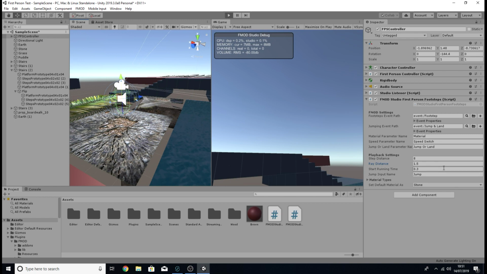So in my case, I've set mine to 0.3 seconds. So if my first-person controller is moving so fast that it takes less than 0.3 seconds for it to play a footstep, the script knows that the player is likely running and therefore starts playing the running footstep sounds instead